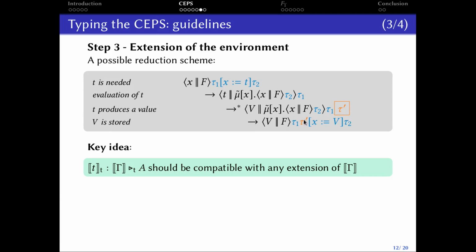And of course, this is actually a bit more complex than that. It could happen recursively at any place in t1 and t2. So the store might grow at any time, at any place. The key idea is that, just like the translation of gamma was specifying what the correct substitutions are, any substitution that contains at least gamma should be considered correct, meaning that if t is of type the translation of a under the context gamma, it should be compatible with any extension whose type is an extension of the translation of gamma.